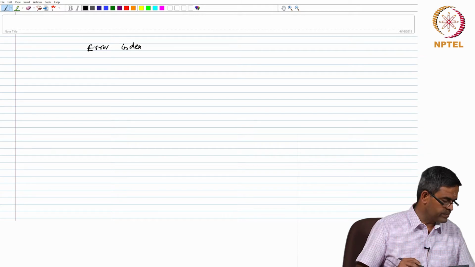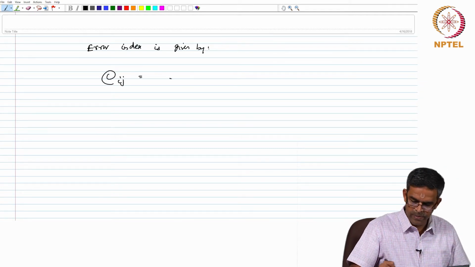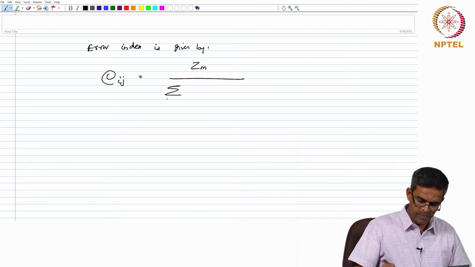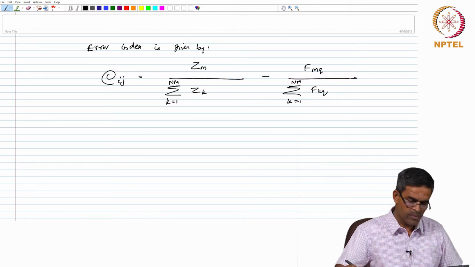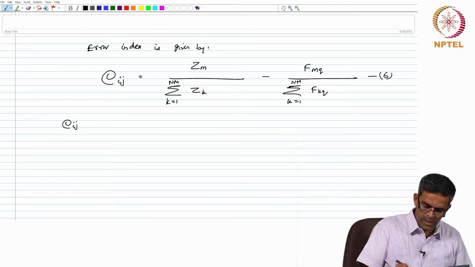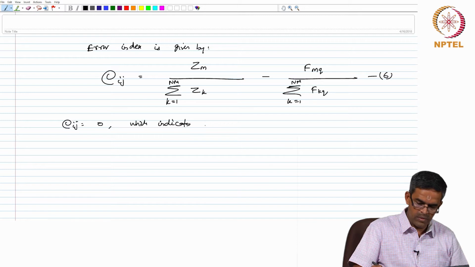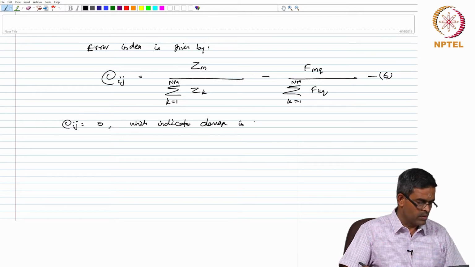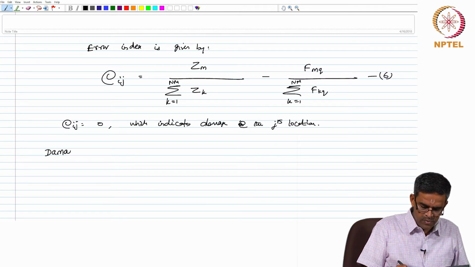In working out the whole equation, the error index is given by Eij is 0, which indicates damage at the jth location. Further, damage sensitivity is given by